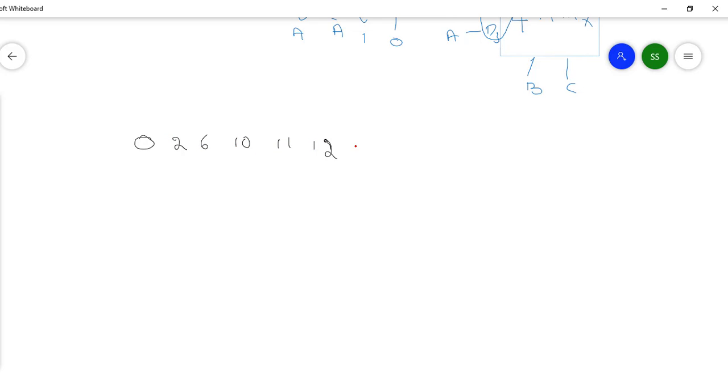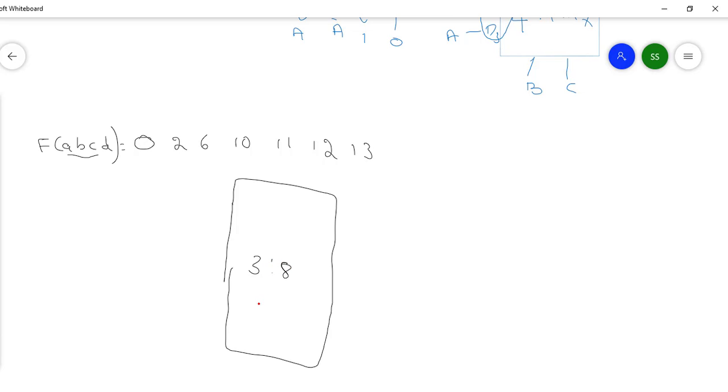If I take one more example for your reference, suppose I will take one more example, 0, 2, 6, 10, 11, 12, 13. This we have to do. Actually, how to do this one? And here we can call this one as f of ABCD, 0, 2, 6, 10, 11, 12. It's actually 4 variables here, so it looks like a 4 to 16. But we have to convert this one into the 3 is to 8 mux. 3 is to 8 mux we have to convert.